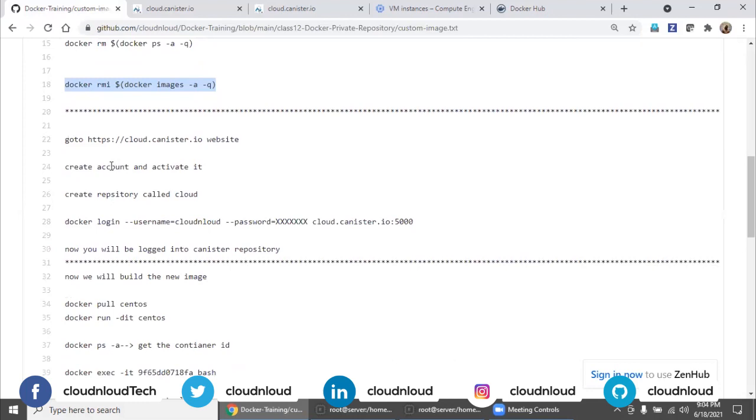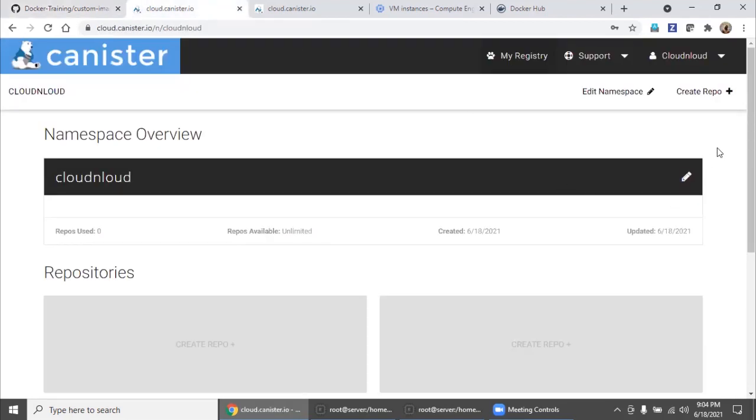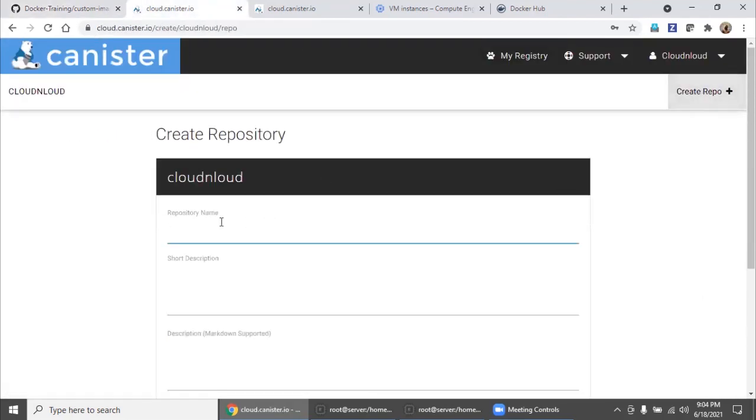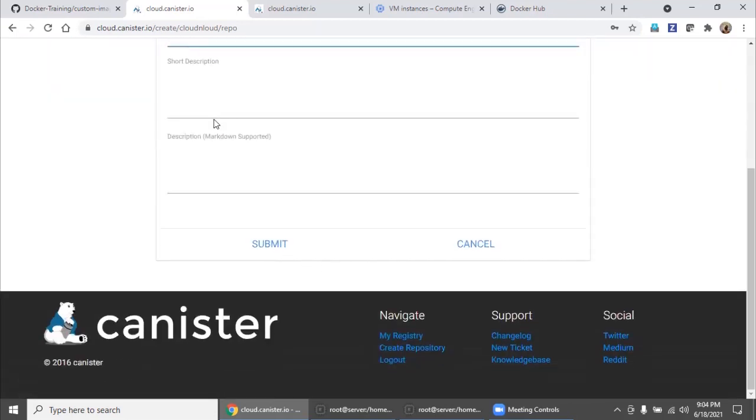So I have an account now, and I have to create a repository. We will create a repo, and the repo name is my app. Come down, and if you want, you can put a description for this repo.